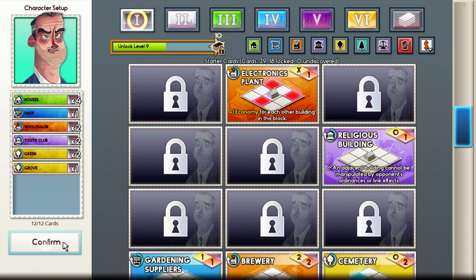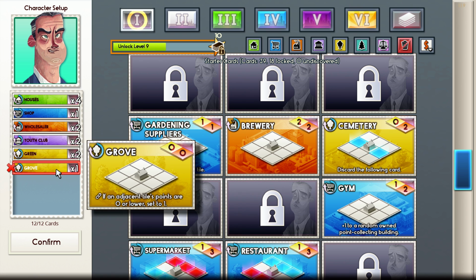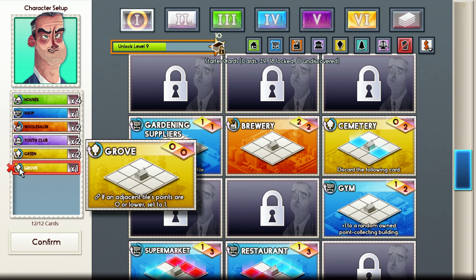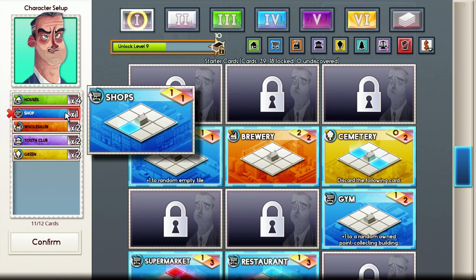Doesn't look like I have diners unlocked, which is a shame. What does the gym do? Oh, that's pretty good. I have a lot of... I don't think I want a grove. And I would actually like more...